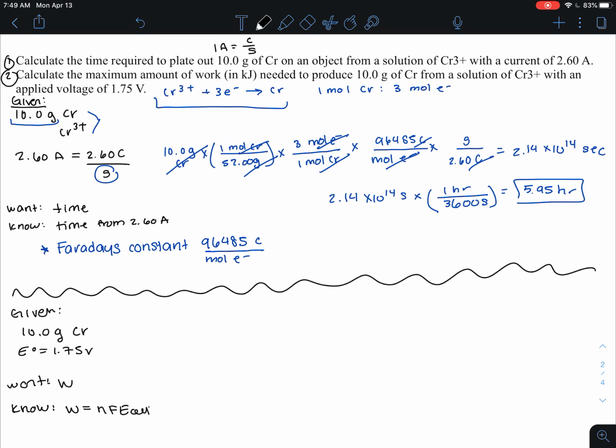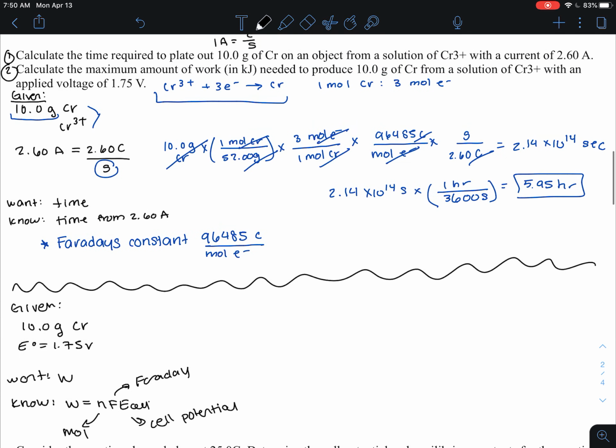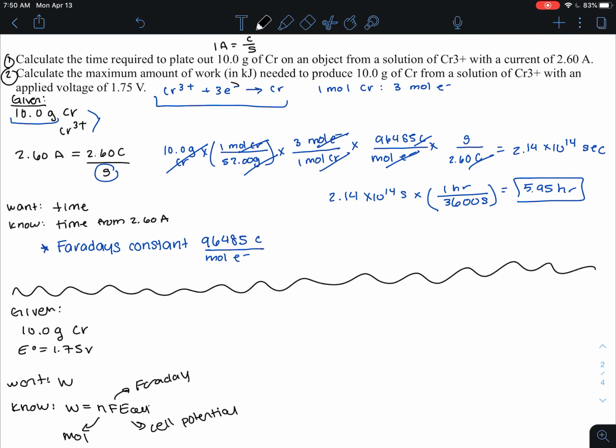Well, what's my equation that I know for work? I know work is equal to nF E cell, or E external. Okay, well, what's n? n is for moles, right? F is Faraday's constant, and E is cell potential. Well, I already have my cell potential. I know Faraday's constant because it's a constant, and moles is from my half reaction up here, which would be 3. So then you would have work is equal to 3 times